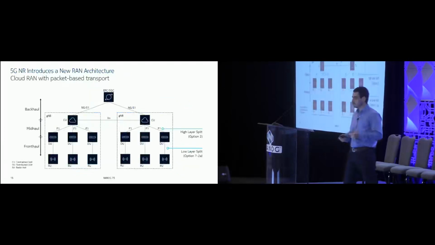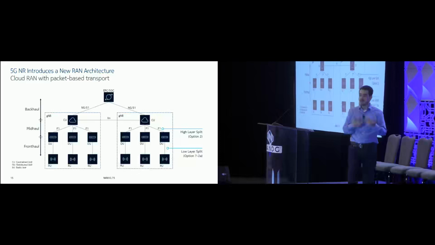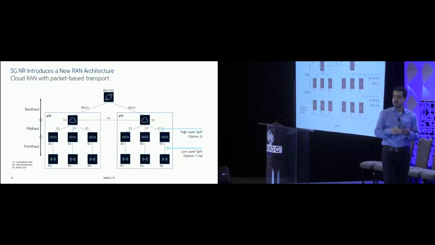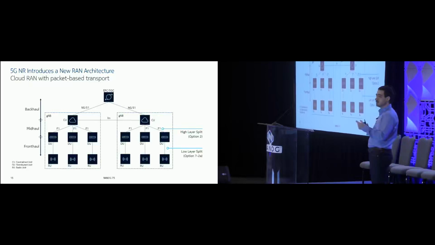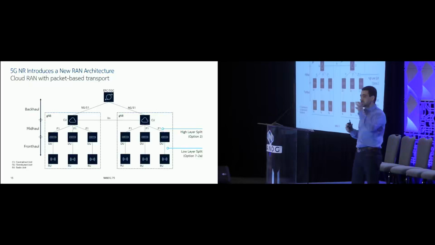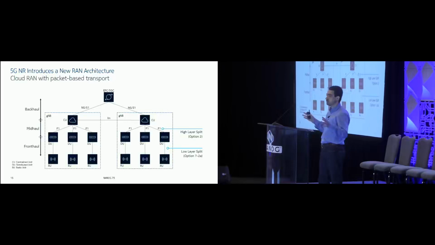So when we put that all together, we come to this architecture where a G node B, a 5G radio, is now composed of three different elements, right? We have the RU, which is the radio unit. The RU has the RF layer, but it's also a little bit more intelligent than the typical remote radio head that we had in 4G because it has a little bit of the PHY processing on that radio unit. We have the DU, the distributed unit, that does all the real-time processing of the radio. And now we have another unit, called the centralized unit, that does all the non-real-time processing of that